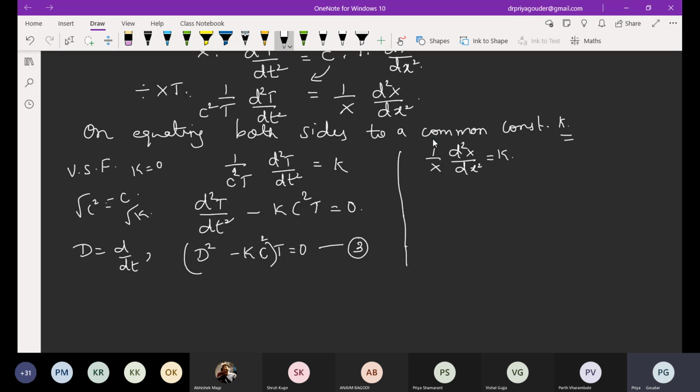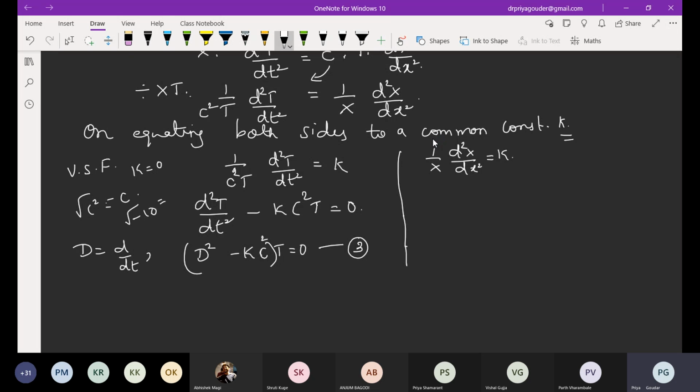This k may be 0, that time the value will be 0, no problem. K is positive, no problem. K is negative, what happens? If k is some minus 100 or minus 10, what do you get? Imaginary. You will get it as imaginary. Why am I dealing with this?